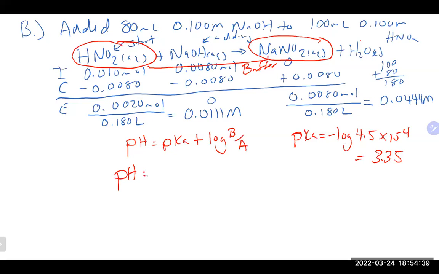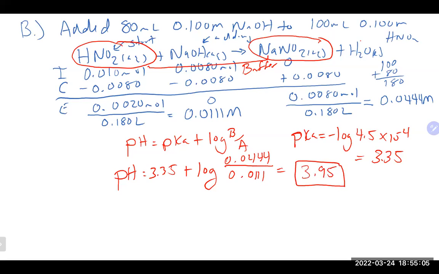So our pH would be 3.35 plus the log. The one that's the base here is which one? Yeah, so it's the sodium nitrite. So that is the 0.0444 up on top, 0.0111 on the bottom. And if you do all that good stuff, we're going to end up with a 3.95 pH at this point,